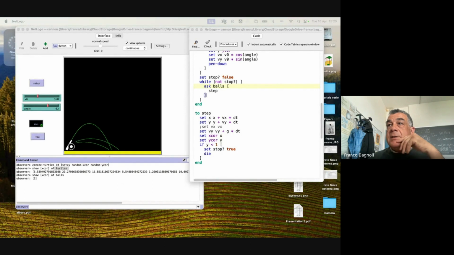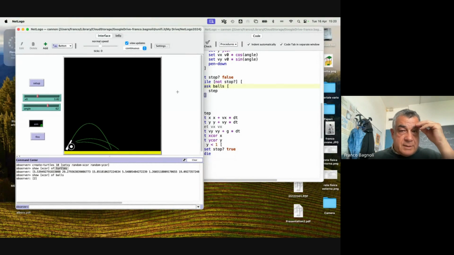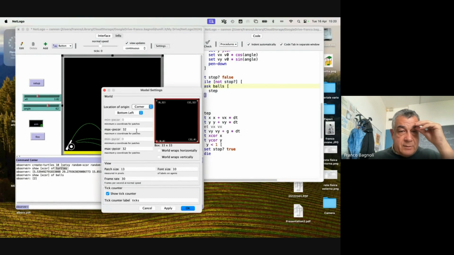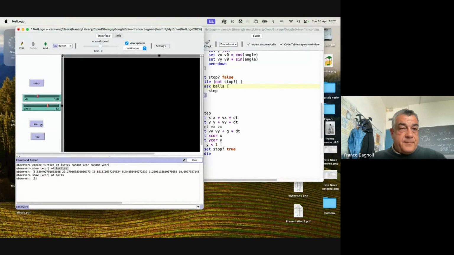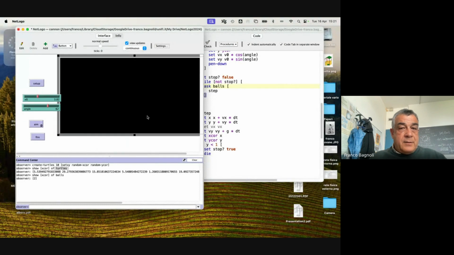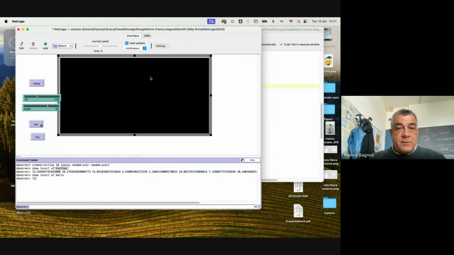Okay. Other questions, suggestions on this problem? Maybe we can make the field larger, so that we can